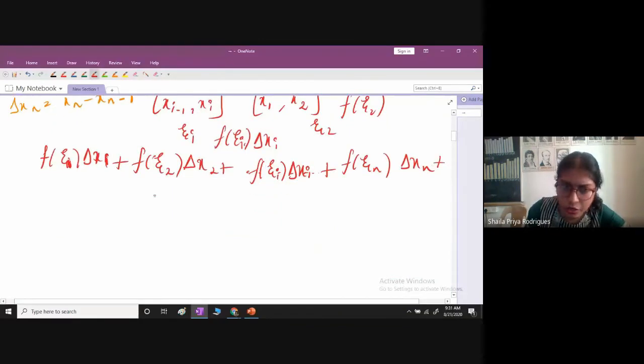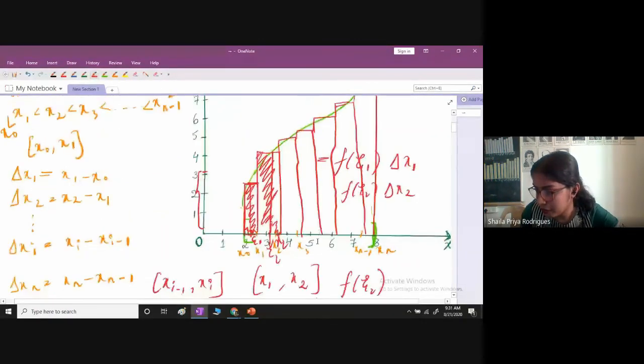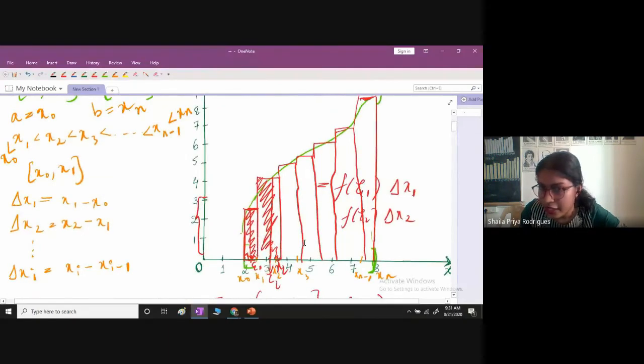This summation you generally represent as summation as I goes from 1 to n. You can see the I is going from 1 here till n, right? So I running from 1 to n, f of xi I in general, delta xi, right? This is the area when we divided this main interval into n subintervals in this manner. Okay, this is one approach.